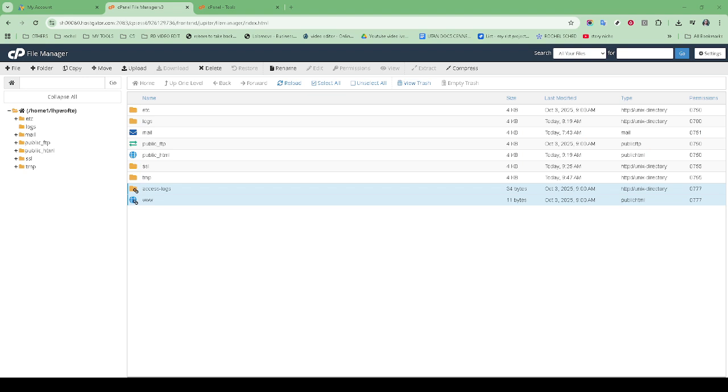The last step here is to simply click on the Go button, usually found towards the bottom right of the window. Think of this as giving phpMyAdmin the green light to start the import process. After hitting Go, phpMyAdmin will begin to restore the database using your backup SQL file. Depending on the size of your file, this may take a few